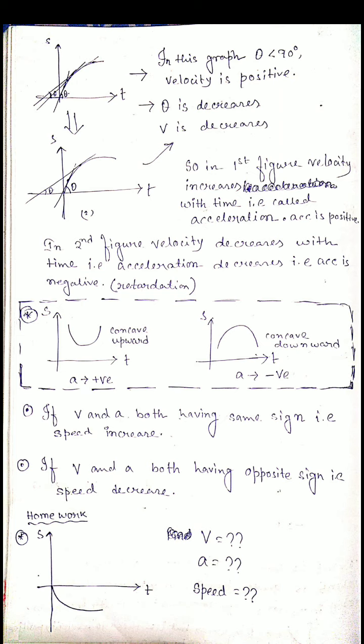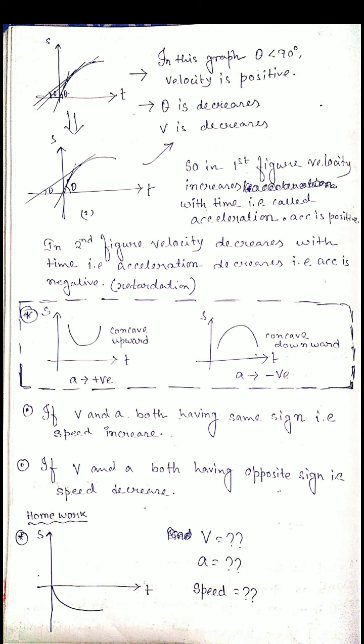So from the displacement time graph we can understand the velocity as well as the acceleration. So it is a very important topic of this chapter. If we compare the displacement time, velocity time and acceleration time graphs, the most important is the displacement time graph, because from it we can find out velocity as well as acceleration and the nature also, positive or negative, decreasing or increasing, constant, zero, because if velocity changes it gives us the acceleration.